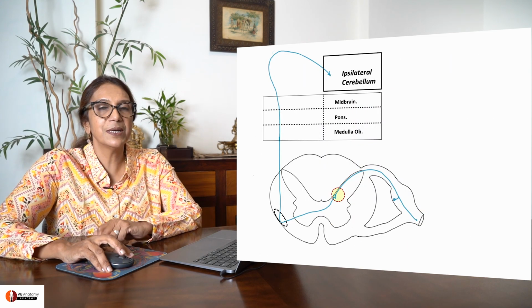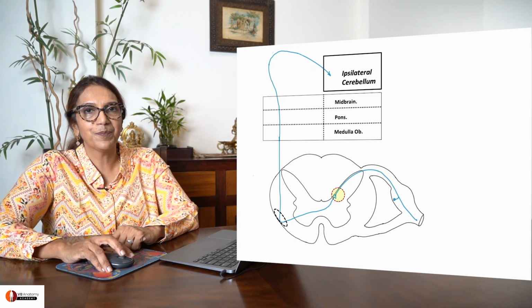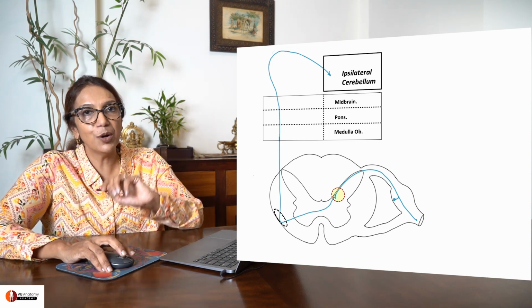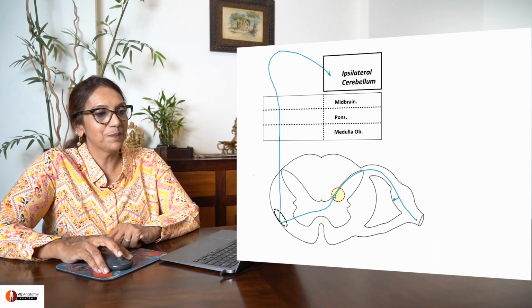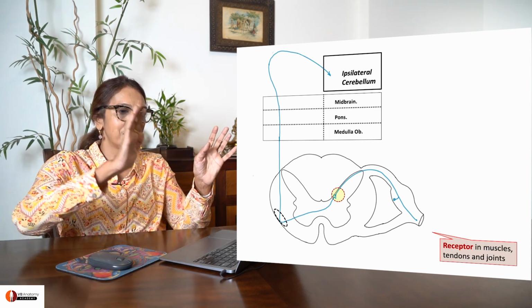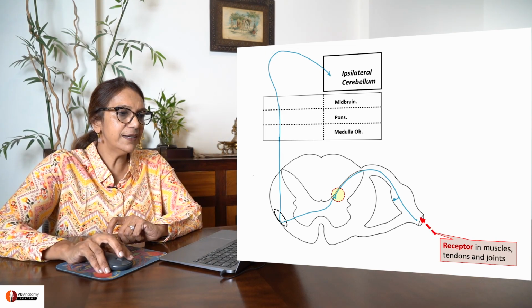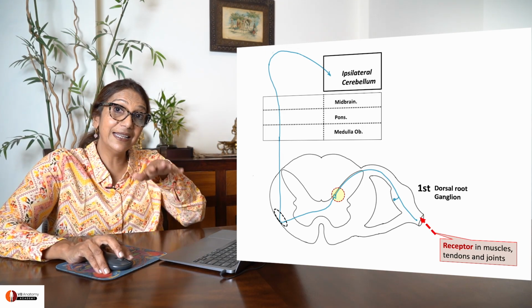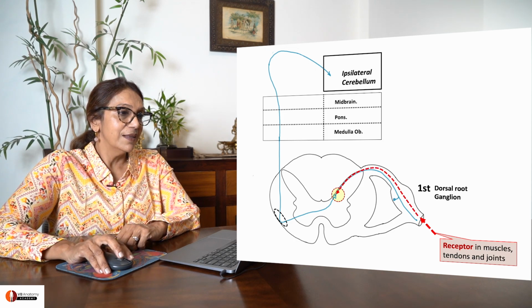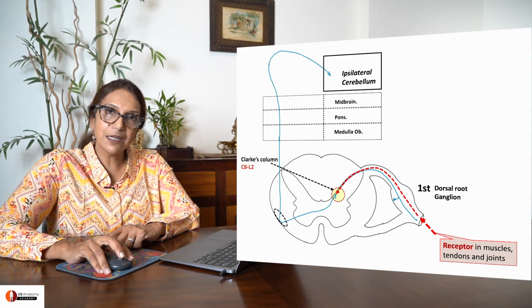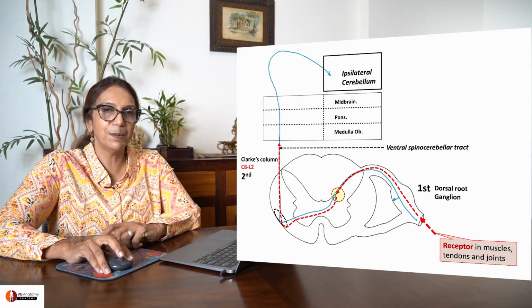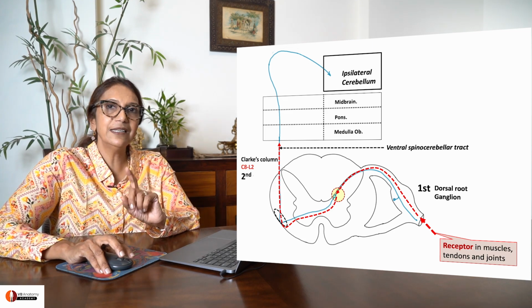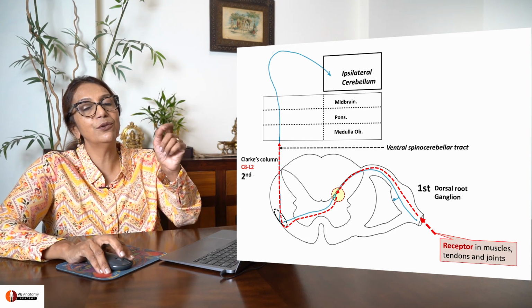But there are some more fibers here which need a little bit of mention. Because we've been carrying them up, let's see how they ended. So here I'm talking about the ventral spinocerebellar tract. It was carrying sensation from the muscles, tendons and joints, carried it into the dorsal root ganglion at the level of spinal cord. The central process went on to relay in the Clark's column. Second order neuron crossed to the opposite side, ascending upwards as the ventral spinocerebellar tract. You remember we carried this tract through the medulla oblongata and through the pons.